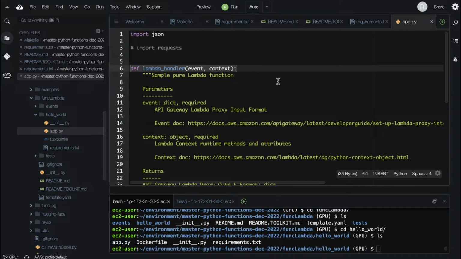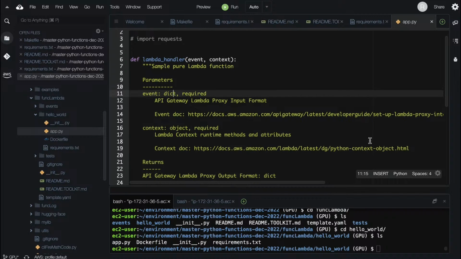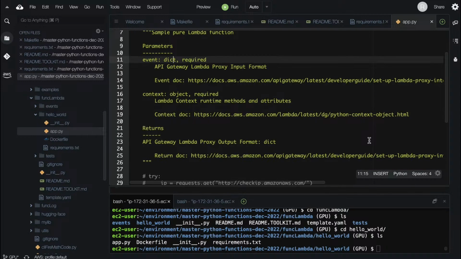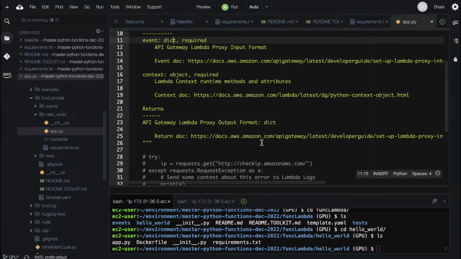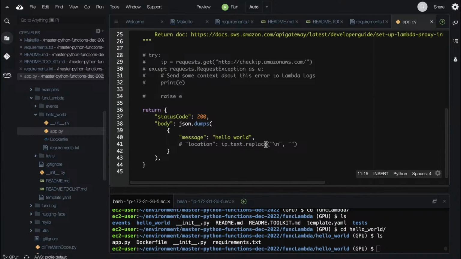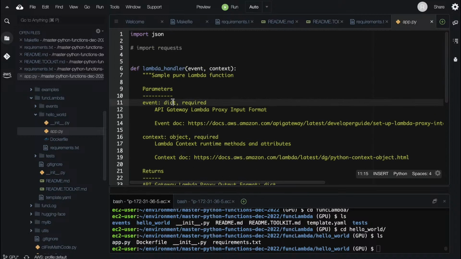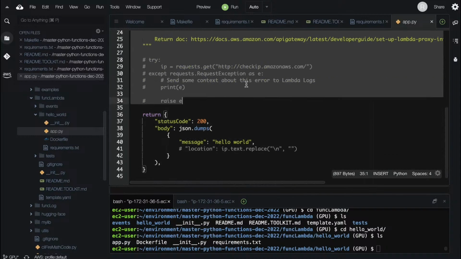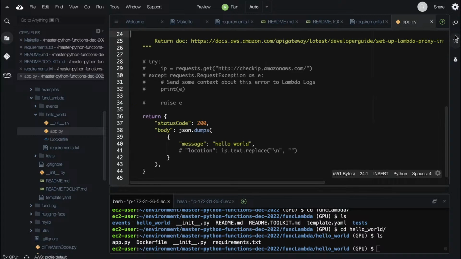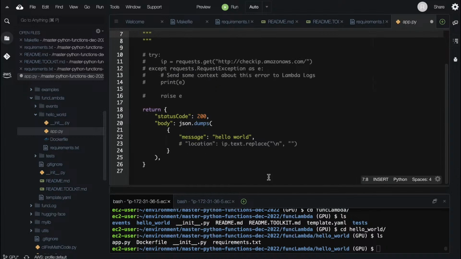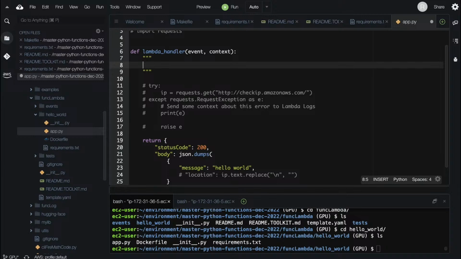If we look at the app here, we can see actually the function. So we're again to the point where a function is all that's necessary, and you can see that the event is a dictionary. The context shows you like the runtime methods and attributes, and you can actually return this with an API gateway if you want. But this is essentially just a hello world type function. So I'm gonna clean this up a little bit because I don't want this to be a lot of code. So I'm gonna just delete that, and we're just gonna make a Marco Polo function, and we'll just do Marco Polo lambda, which is kind of a fun one to play around with.